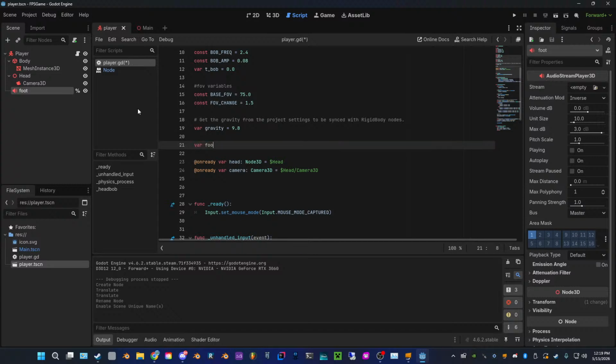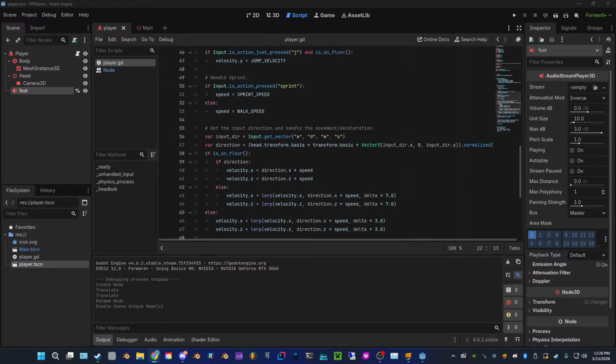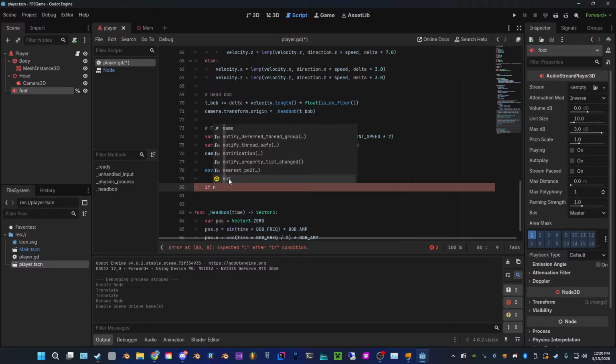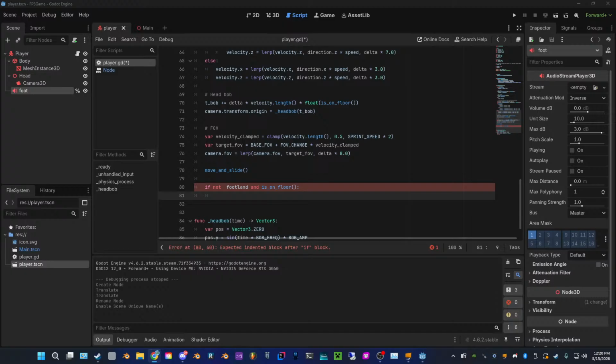If we go down into the physics process function under move and slide, we can check if the footstep landed is false, so if it's not true, and if we're on the floor, that means we